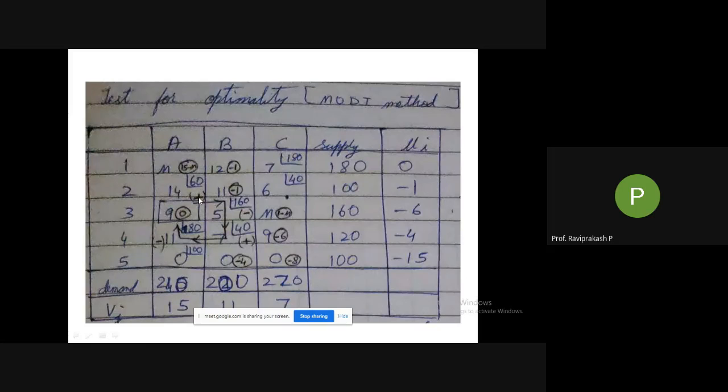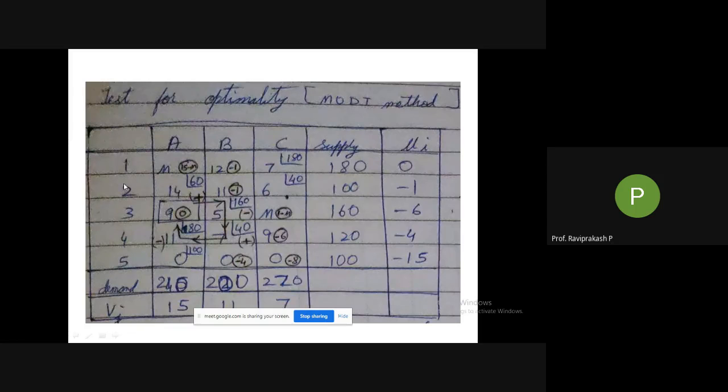Then if you find any zero, that means we have multiple solutions. In this case we have a zero here. So from this place we move to this place, that means the assignment which was here will be moved here. Subsequently there will be changes in this particular square, because from where all we are moving, from this end to this end, there will be multiple changes.